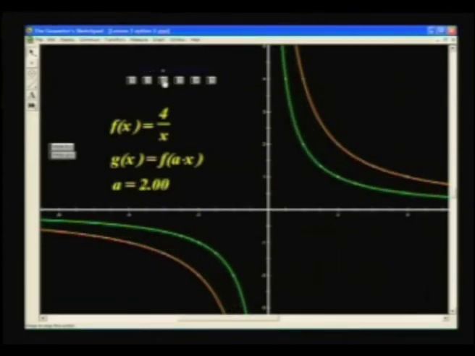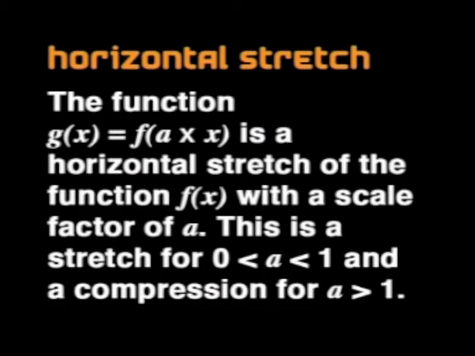I'm losing track. Won't you give us a quick summary again? In this demonstration, we've seen that the function g of x equals f of a times x is a horizontal stretch of the function f of x with a scale factor of a. This is a stretch for 0 smaller than a smaller than 1,